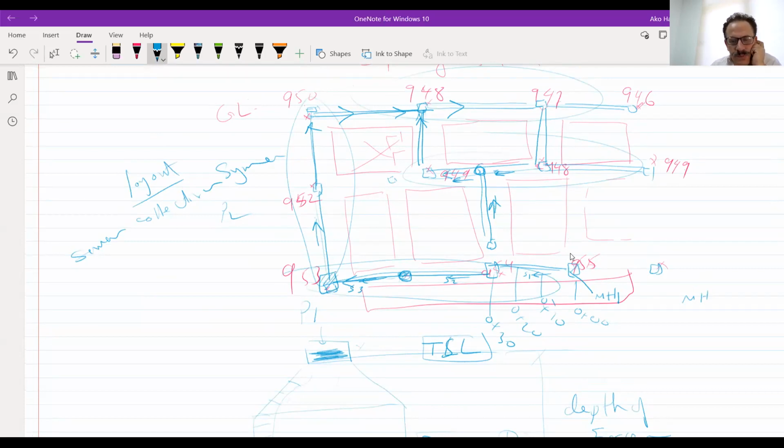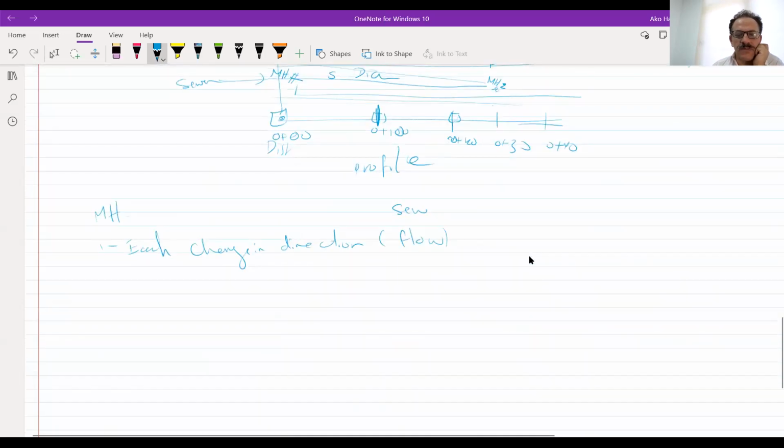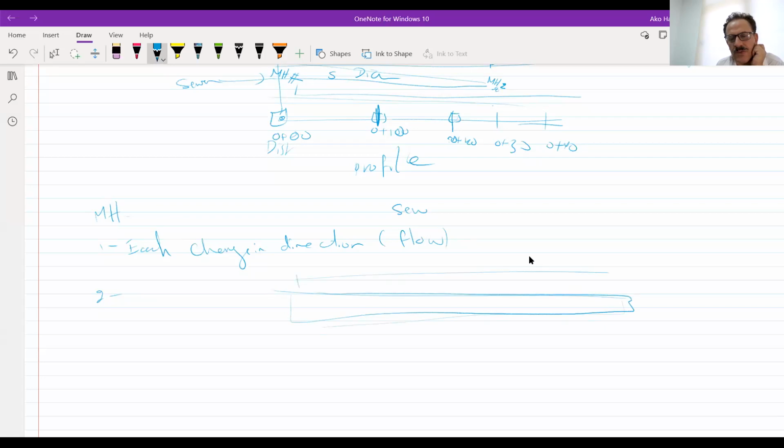Also, sometimes there is not any change in the direction, but the distance is more than 150. So from one manhole, you want to have another manhole at least. The maximum distance to have a manhole should be from 0 to 100.